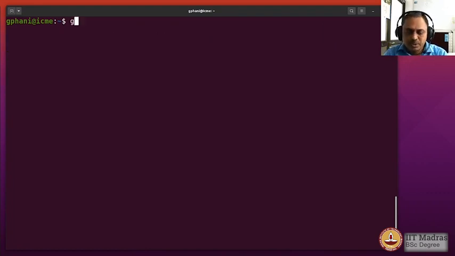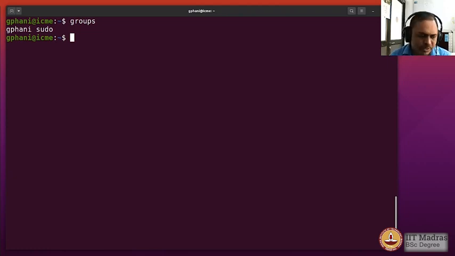Okay, there's a command called groups. If you run it, you would see what are the groups to which the current user belongs. So this current user belongs to a group called sudo, which means that the current user is also a super user. Okay, and this can be changed by adding ourselves to more groups. So there's a group by the same name as the user, which is also to ensure that there's privacy with certain files that nobody else can actually use. In this computer, there are not many users, and therefore there are not many groups either.